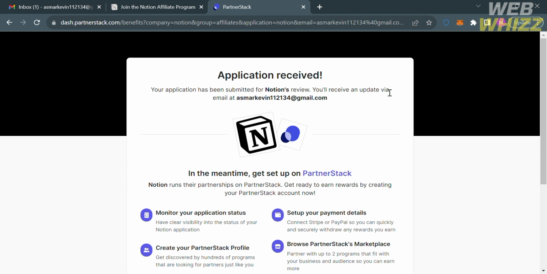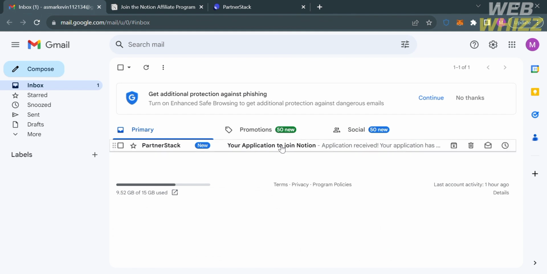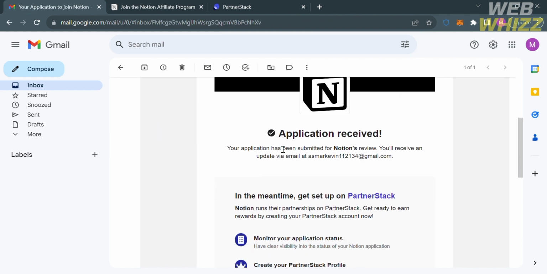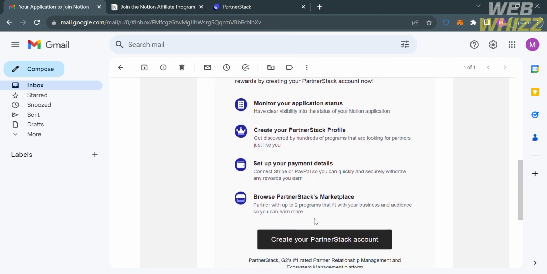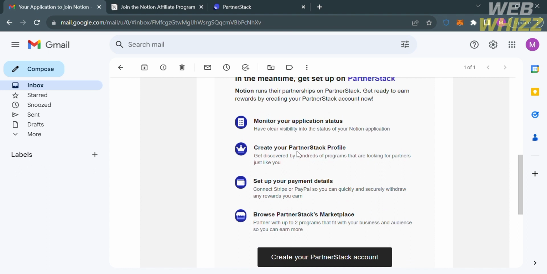And all you need to do is to wait for their confirmation email, which will be sent to your email inboxes, in which it indicates if you are eligible to become part of their affiliate program. And you just need to wait for at least 2 to 3 days for their confirmation email. But in the meantime, you can set up your Partner Stack, in which you can monitor your application status, create